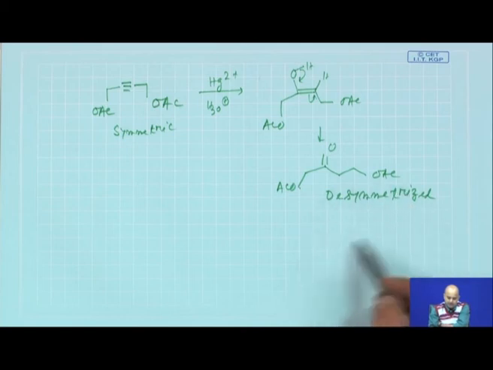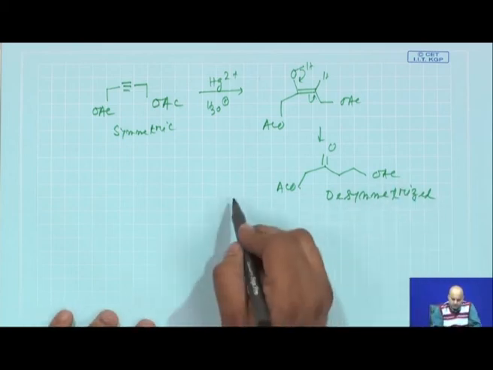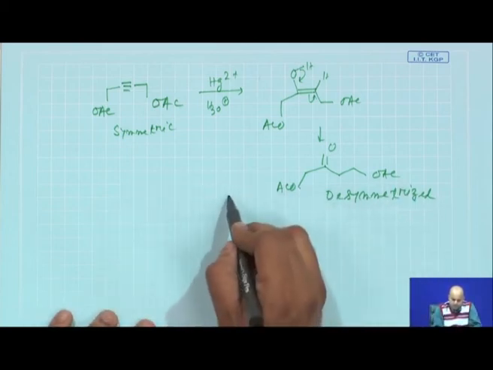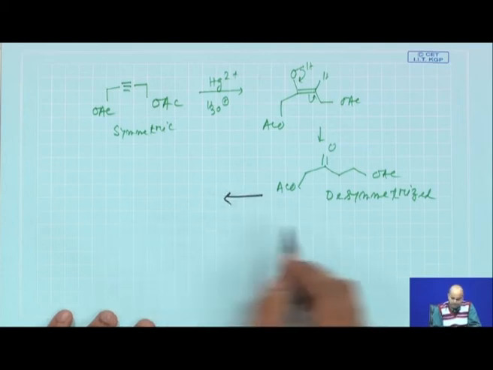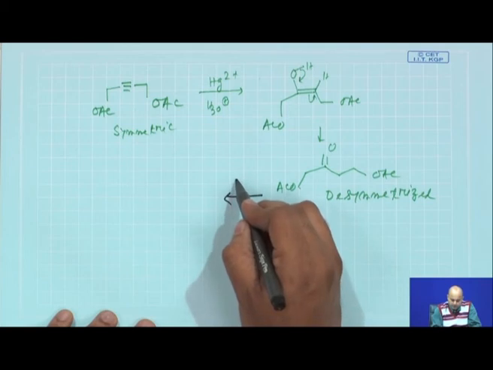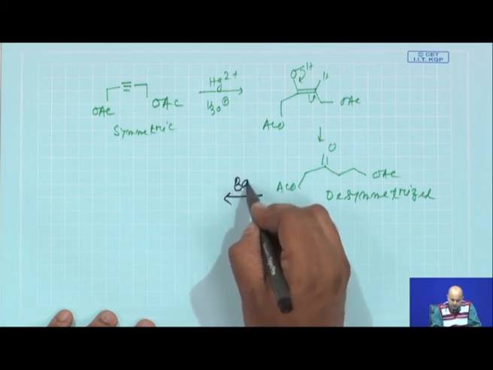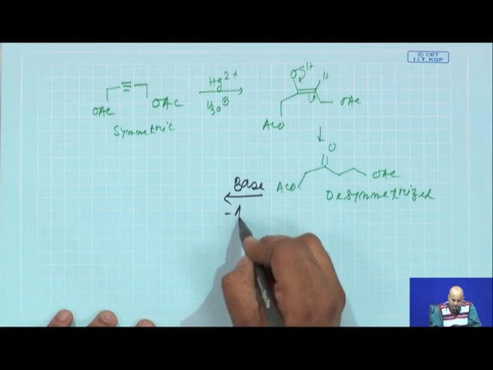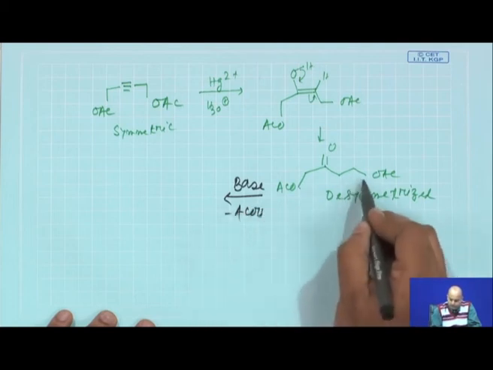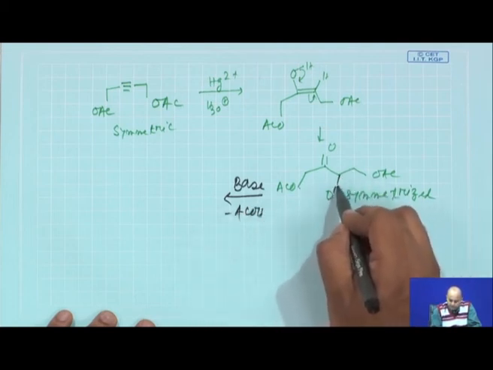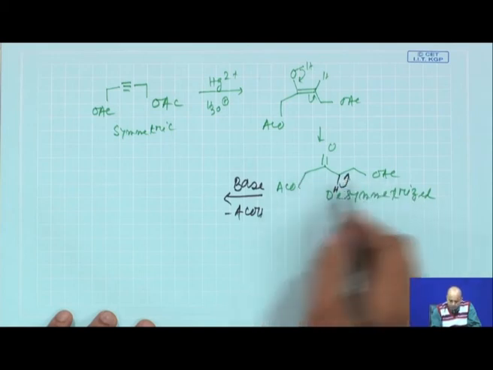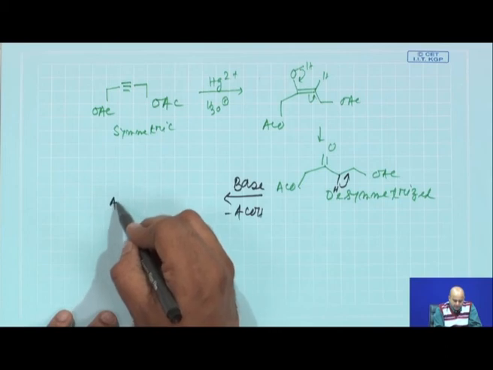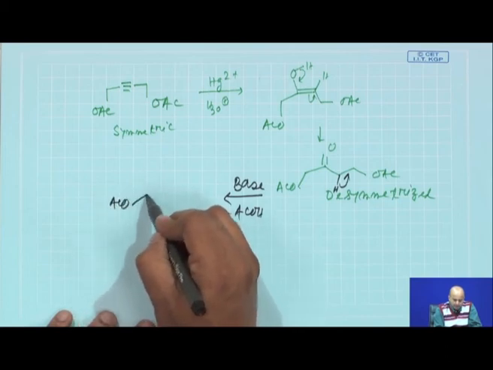Now, this particular sequence of reaction from where I took it, it also gives you another thing. If you treat this compound with a strong base, an acetic acid 1,2 elimination takes place. You are having this acetic acid. This compound does not have a 1,2 elimination place. So, basically you will be now having